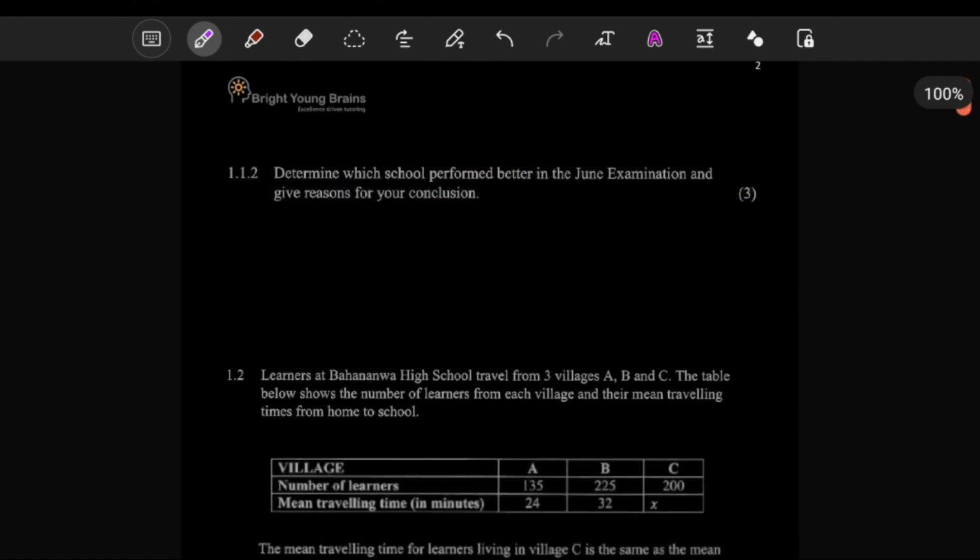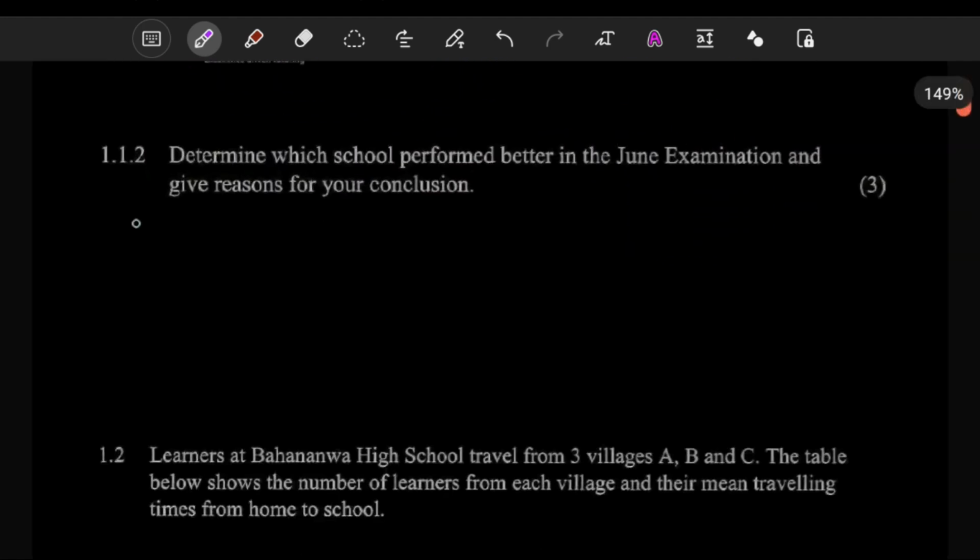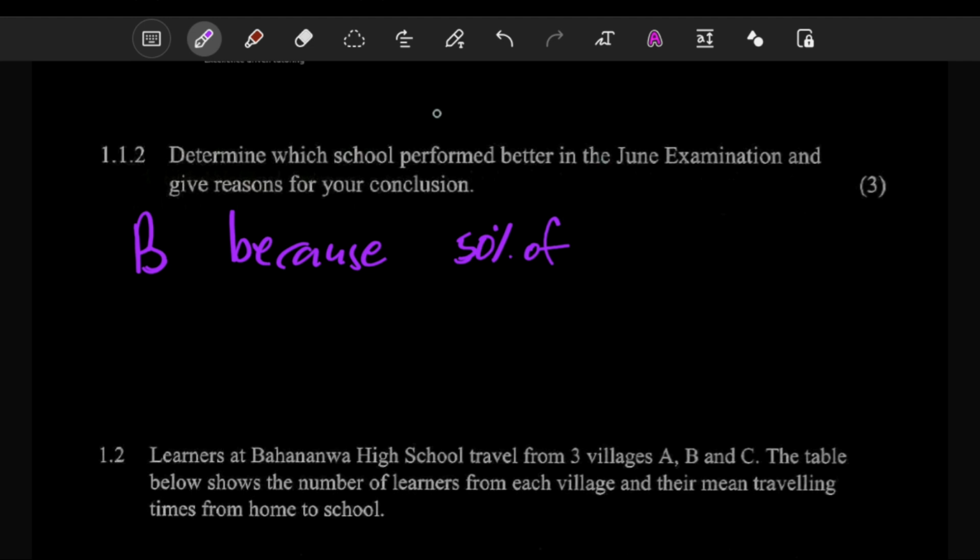So here, for your answer, you can easily say B, and then you talk about the median. So B because 50%, or let's say half of the learners, because it's the same thing actually, half of the learners,